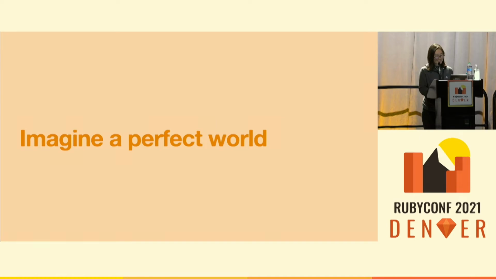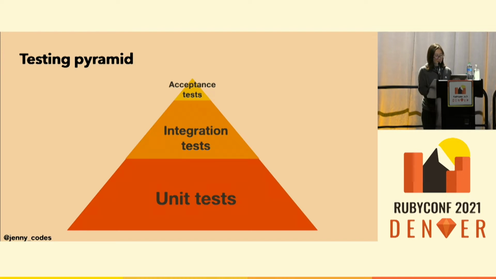Now let's for a second imagine a perfect world where every piece of software is a joy to maintain and JavaScript doesn't exist. Even better, the tests in your code base actually look like this pyramid. At the bottom, we have the unit tests, which should have the highest percentage in your test suite because they are cheap and fast. And the integration tests are to make sure that when several independent components are put together, they actually work. At the top, we have the acceptance test, or end-to-end test. It is the smallest portion because it's expensive to run and maintain. So that's the ideal situation.